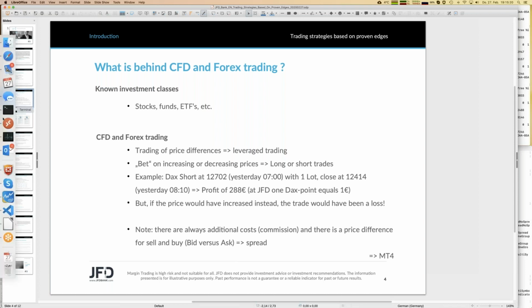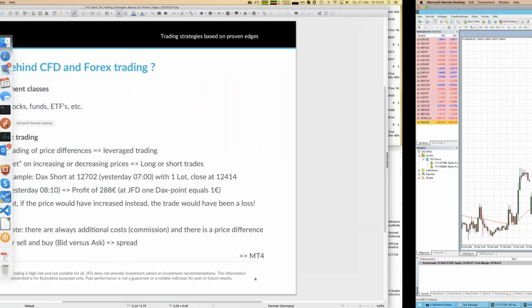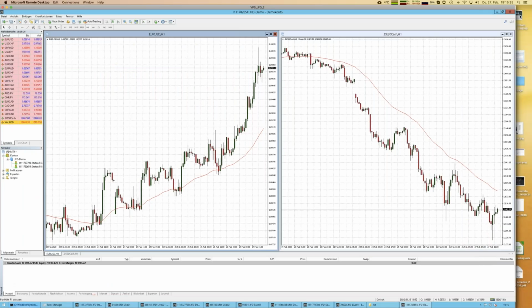Therefore, let's do a practical exercise, just going directly into the trading platform. Because if you want to trade, at your bank account, you may buy stocks directly. But if you trade CFDs, then you use a quite cool trading platform. And in this case, with JFD, you can have, for example, MT4 or MT5. There's another one as well. You can use both, and it looks more or less like what you have on my screen here.